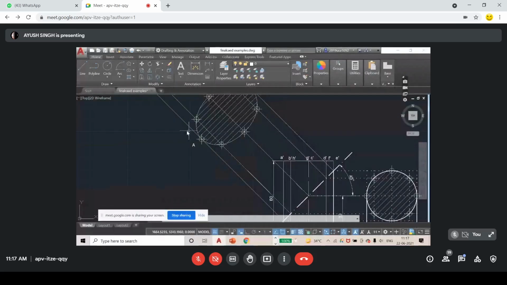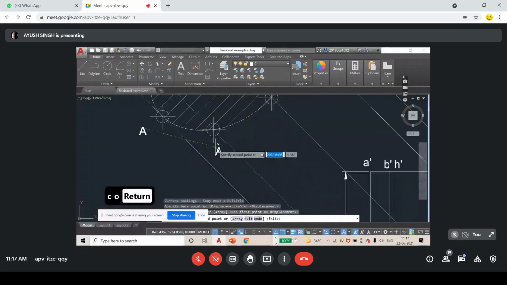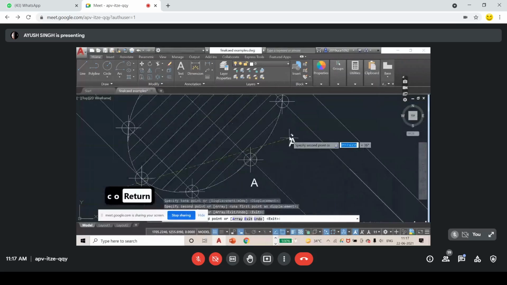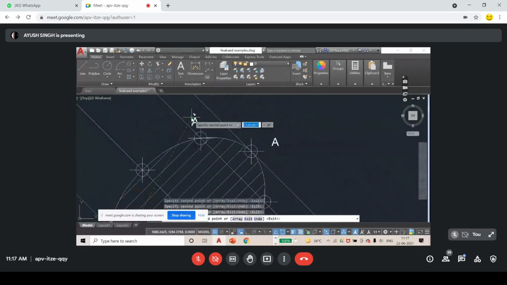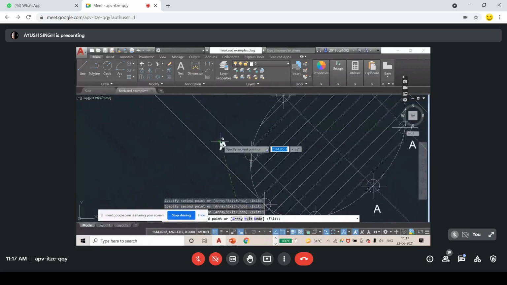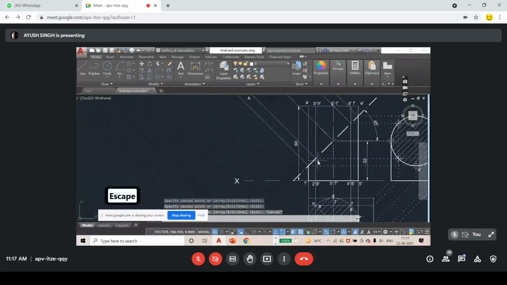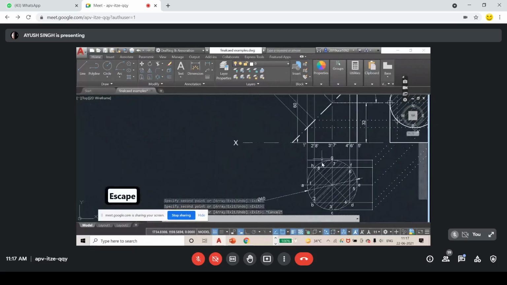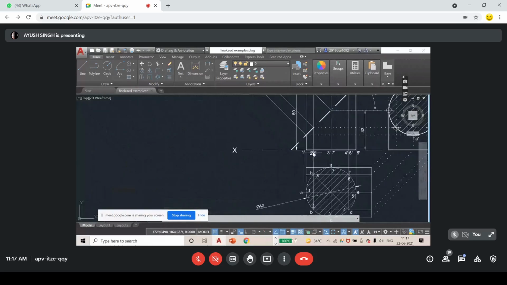Now I just copy it first everywhere. B, C, D. Okay, this is not B, C, D. This is B dash. From here we are getting first H. So this is distance here.